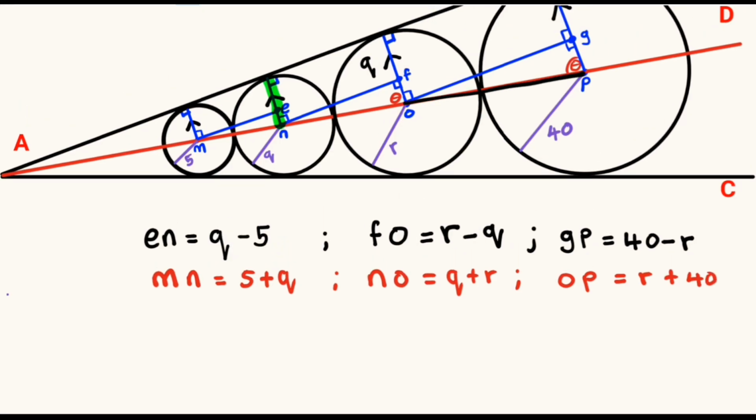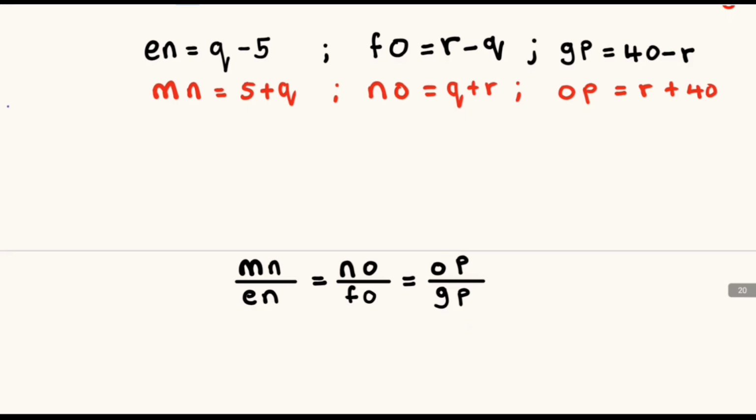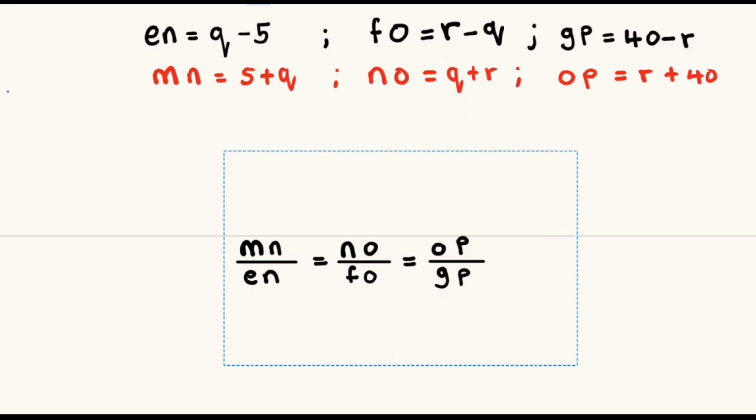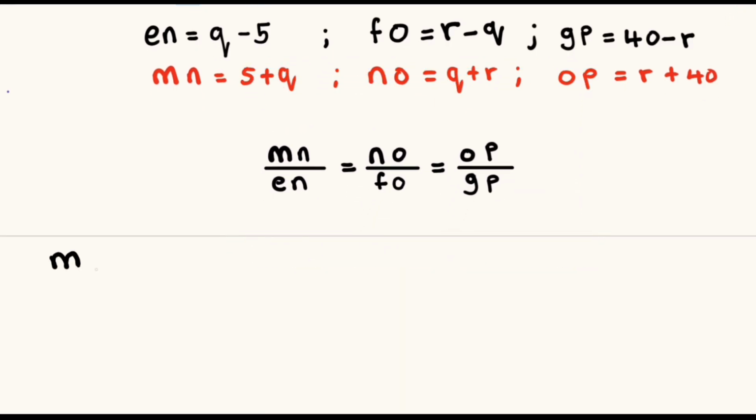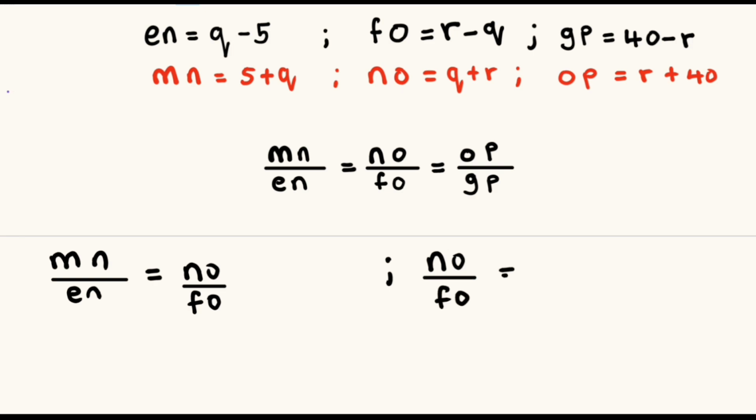And this is because AD is collinear to the centers, so OP will be equal to the radius r and the radius of the larger circle, which is equal to 40. And from here, we create two equations from this similarity theorem. Our MN divided by EN will be equal to NO divided by FO, and NO divided by FO will be equal to OP